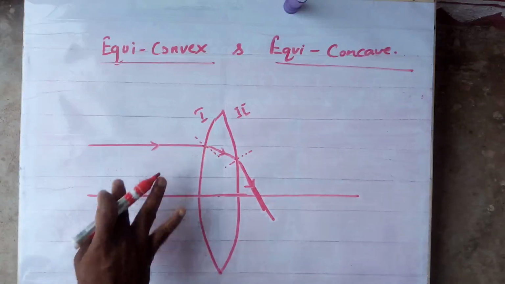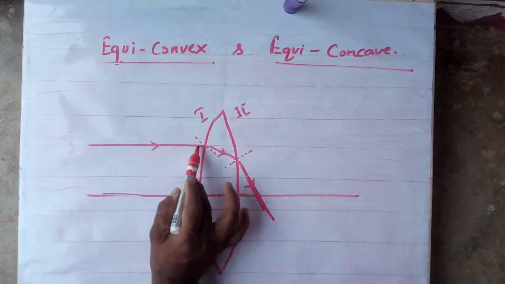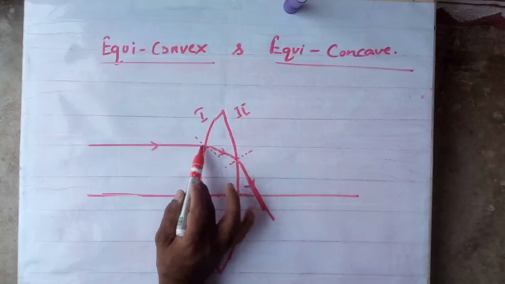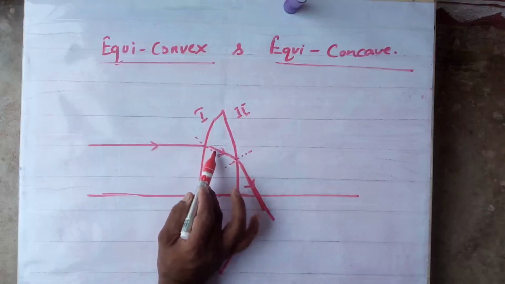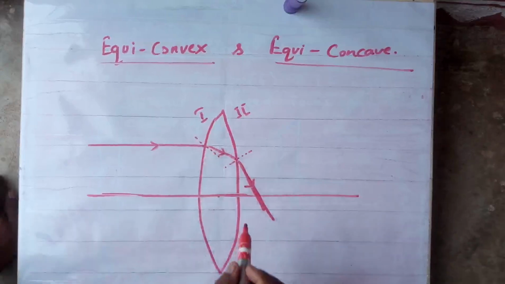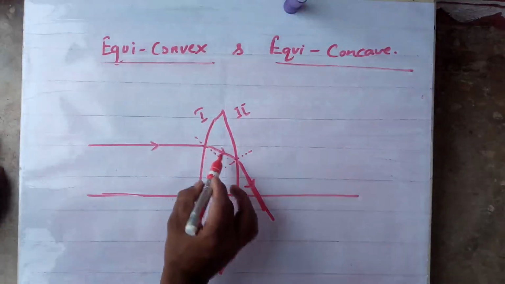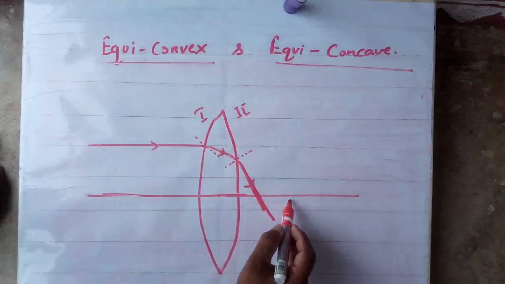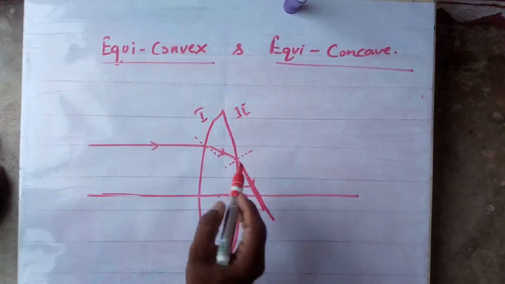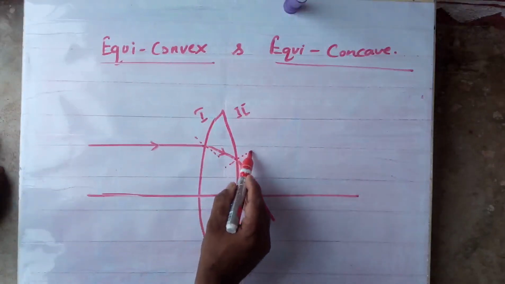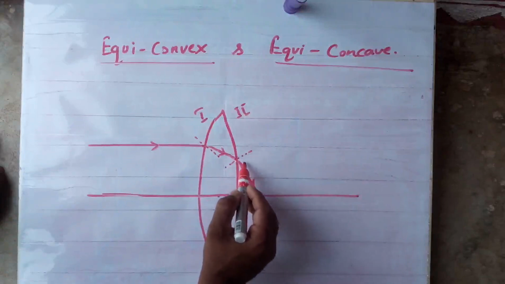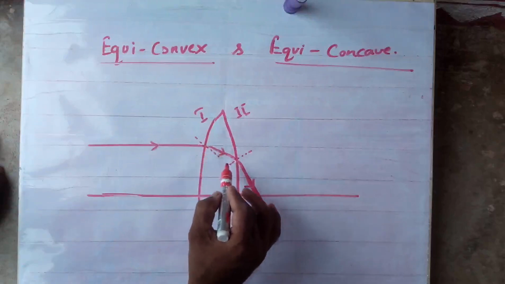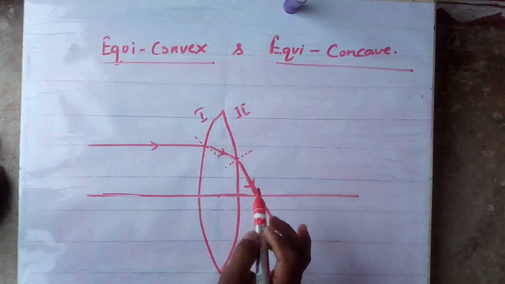Listen, once again I am repeating the whole thing. Suppose this is a light ray. At the first surface, what happens? It bends towards the normal because it is traveling from rarer to denser. Yes or no? And finally what happens? It is converging or not? The second surface is also converging to the principal axis, bending towards the principal axis. I mean to say, at the second surface the ray is going from denser to rarer, again goes away from the normal. So both the surfaces, first because of towards the normal, second because of away from the normal, the ray is converging only.